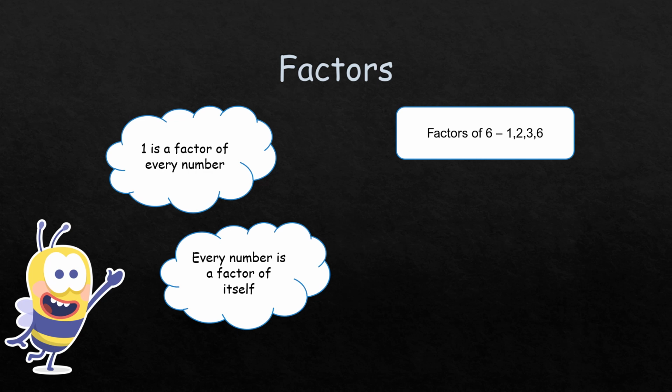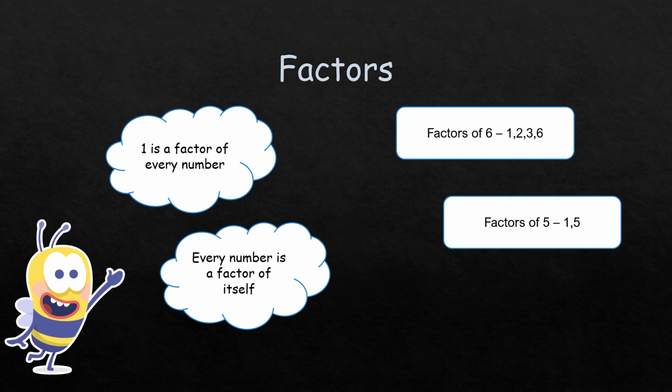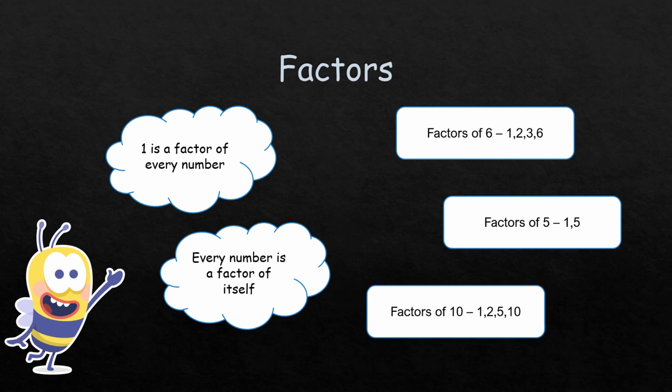See, when we write factors of 6, what are they? 1, 2, 3 and 6. So factors of 6 include 1. Always 1 is a factor of all numbers. So when you write factors of any number, you can start with 1 and you will end with that same number itself. See, factors of 6 have 1 and also 6 along with other factors. That is what it means. When we write factors of 5, we have only two factors because 5 is a prime number. So what are they? 1 and 5. So our two properties hold good, right? What about the factors of 10? We can start writing from 1 and we can write up till 10, right?